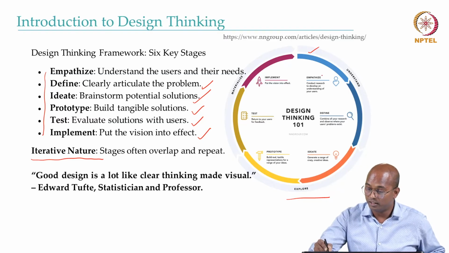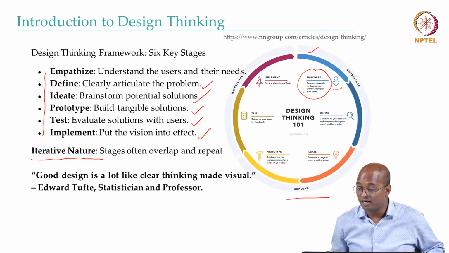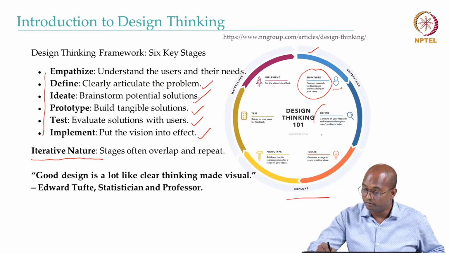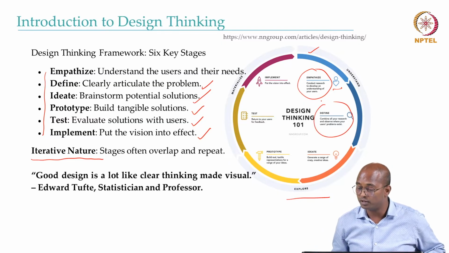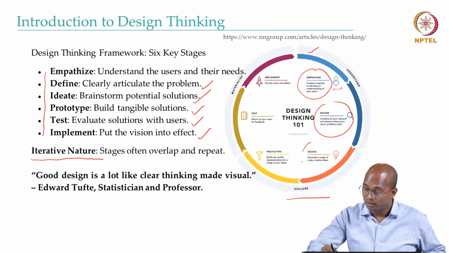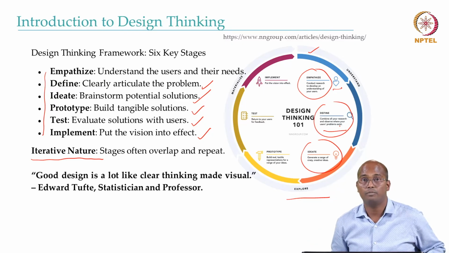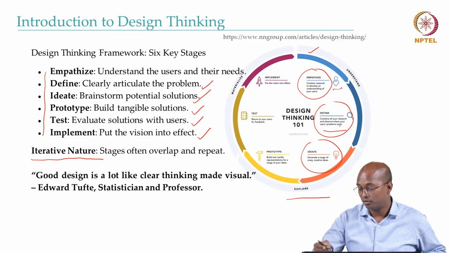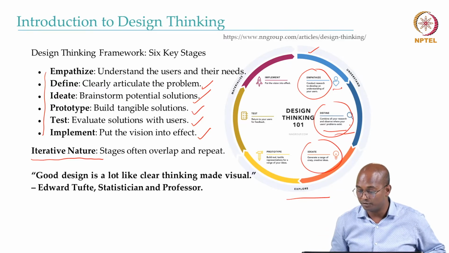And that's where you can see here, in empathize, there is a user. We conduct research to develop an understanding of your users. In the define stage, we combine all your users' observations and define the problems that exist. Of course, users may have thousands of problems, but it is not possible and probably not worth solving all of them. In that case, you have to prioritize them. So that could also be one part of it.